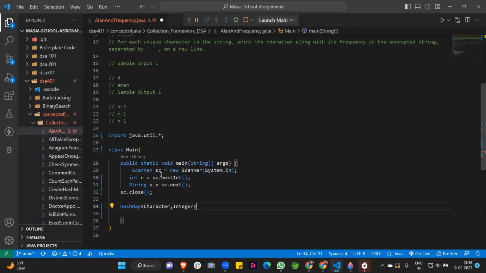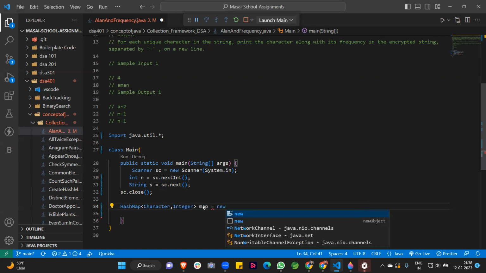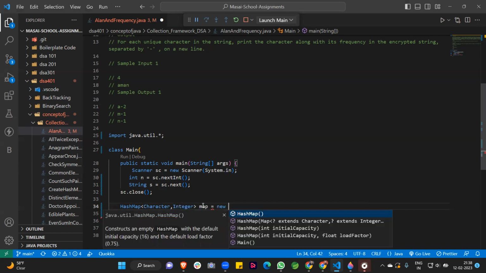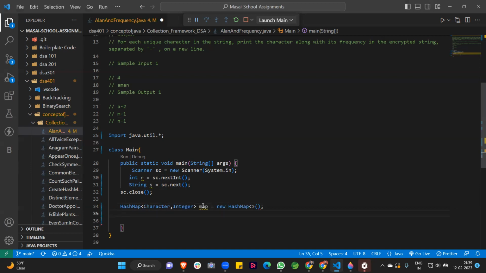The auto suggestion is too hectic in this question. After that, guys, we create a map, Map is equal to new HashMap. So our HashMap is successfully created.